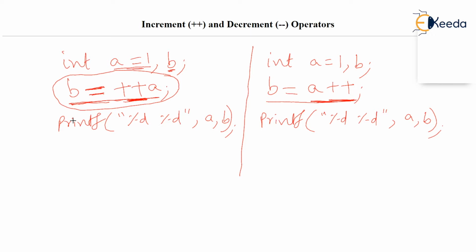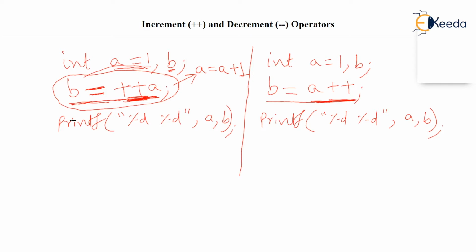When C solves these lines, the first thing it does is make A equal to A plus 1. What is this exactly? This is nothing but incrementing A by 1, that is ++A. So A will get incremented before anything happens, before the expression is solved. That's why the name given is prefix. Fix this, pre, before anything. And now A has got increased by 1.